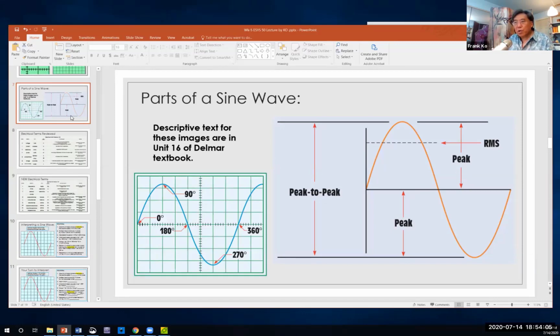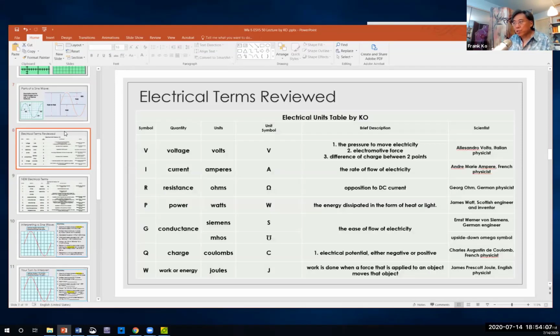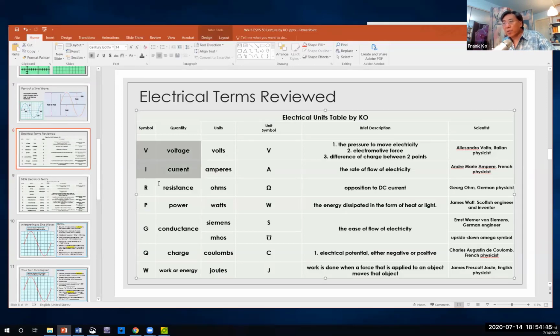Now, let's talk about electrical terms and let's review these. The very first four that we played with were these, yes? VIRP: voltage, current, resistance, and power. That's the first four. Then we introduced you to something called conductance, measured in Siemens and Mohs,